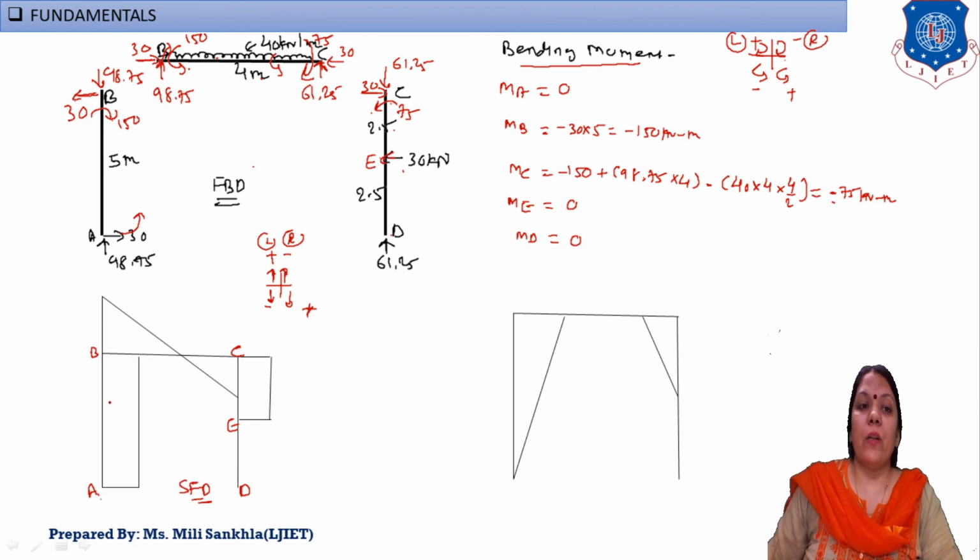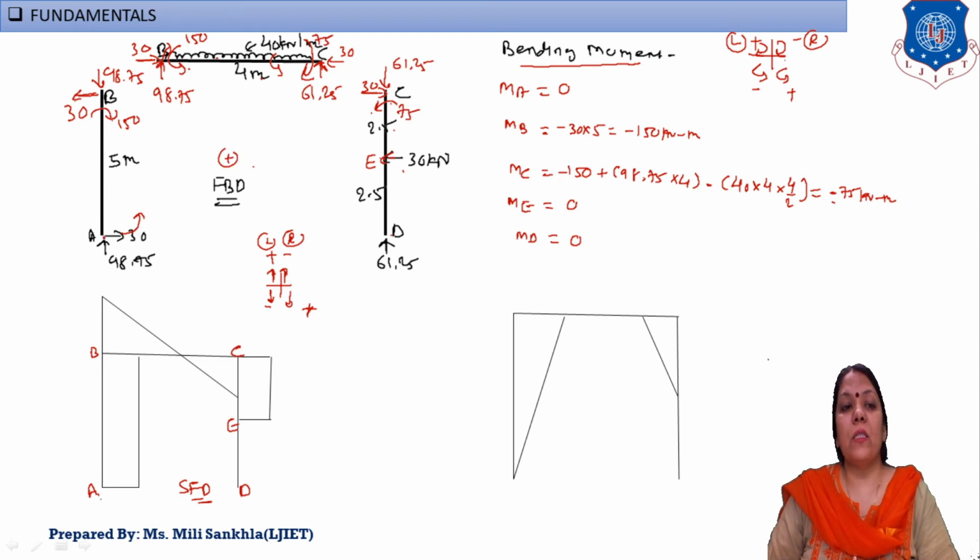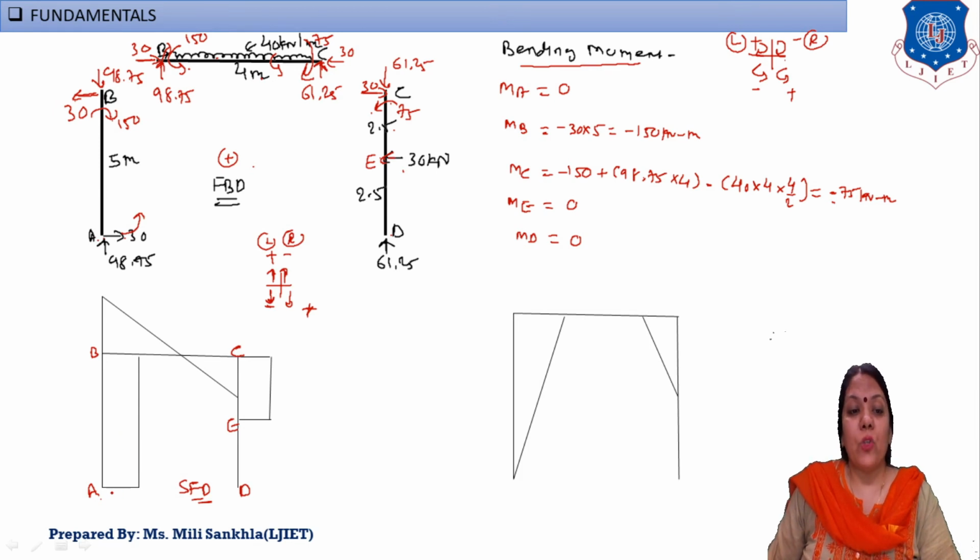At this point, look at this support reaction from inside the frame. This support reaction acts in the down direction, and this is the left side of the frame, so left side downward means look at this sign, minus. The load is subjected to a point load, and the SF diagram of a point load is a box. So inside the frame we draw this diagram, and this value is 30.